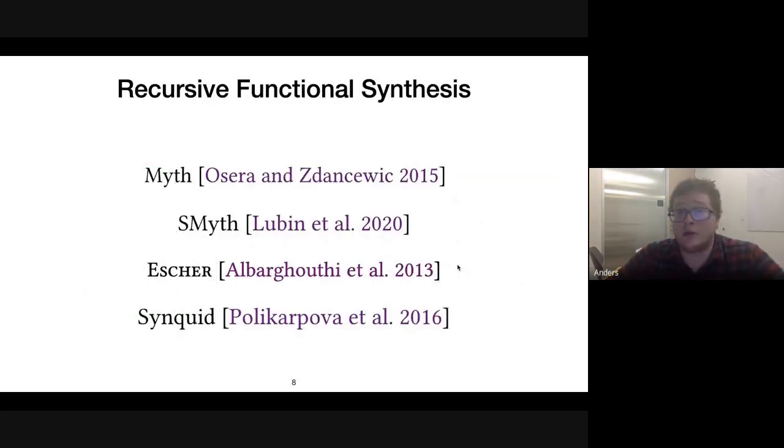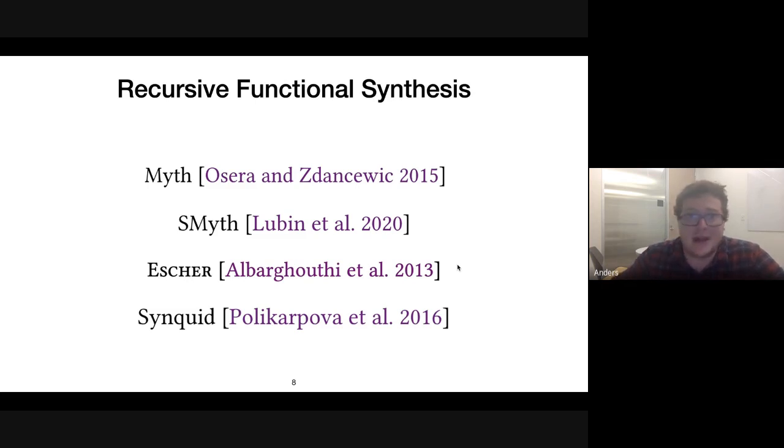So there's a lot of work in the domain of recursive functional synthesis because it's an important one. It's this interesting combination of pragmatic because there's no statefulness, and also pragmatic because recursion is important. And frankly, I think there's an element of a lot of people tackling it because it's interesting.